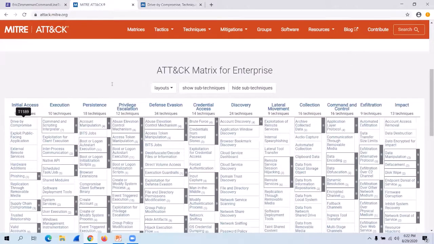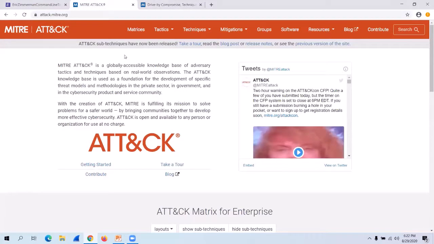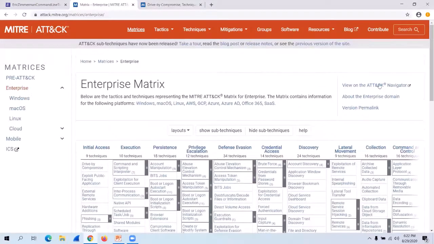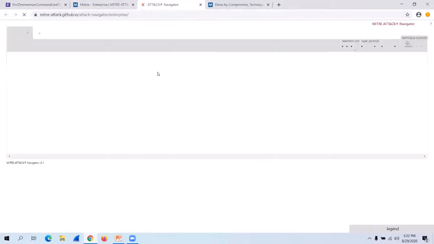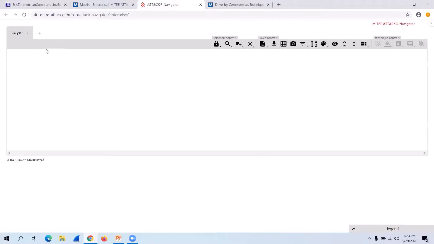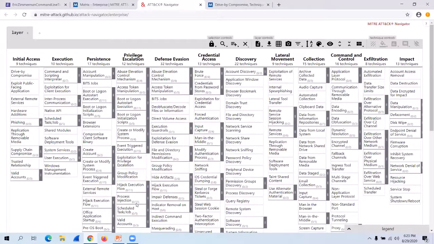One interesting thing I want to show you, that we will even utilize later on: if you go here to the matrices and view on ATT&CK Navigator, this will open it in a Google Docs kind of sheet. You can export it to Excel also, and you can export only a particular layer.